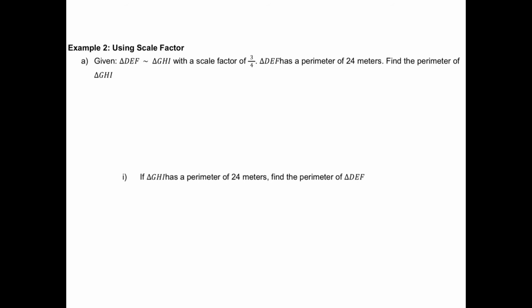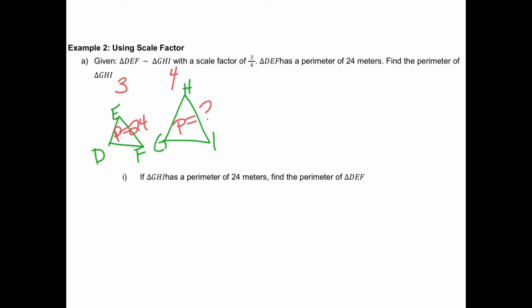So the first examples we're using are finding the scale factor, and now we're going to start using the scale factor to find missing side lengths. Now in this example, it says triangle DEF is similar to GHI, and I am just drawing two triangles. I have no idea which one is larger or smaller than the other one. I'm just drawing triangles that are two different sizes, but obviously similar in shape. So we have a scale factor of 3 to 4, and I guess actually that does tell me that DEF is going to be the smaller one and GHI is going to be the bigger one, simply from that scale factor. So if DEF has a perimeter of 24, then we can use the 3 and the 4,